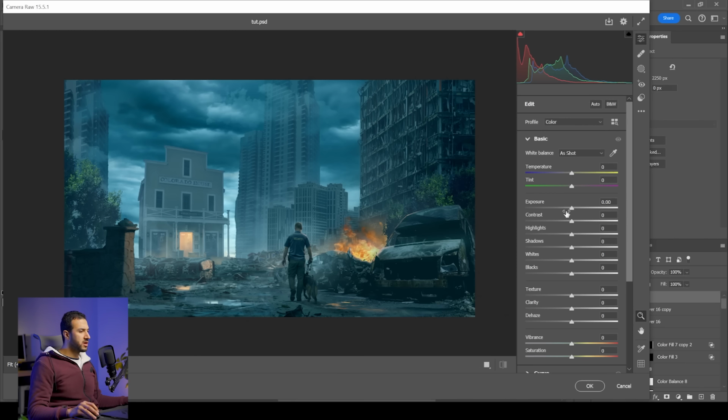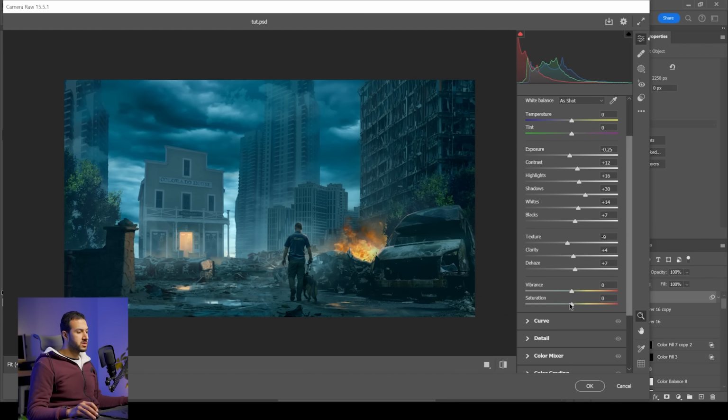Let's decrease the exposure a little bit and maybe increase the contrast. Let's go to highlights, maybe increase them, open up the shadows a little bit, and maybe what about the whites? Open up the whites, and the blacks, open them as well. Decrease the texture, and maybe increase clarity, dehazing, yeah. And let's go to vibrance. Maybe we can increase